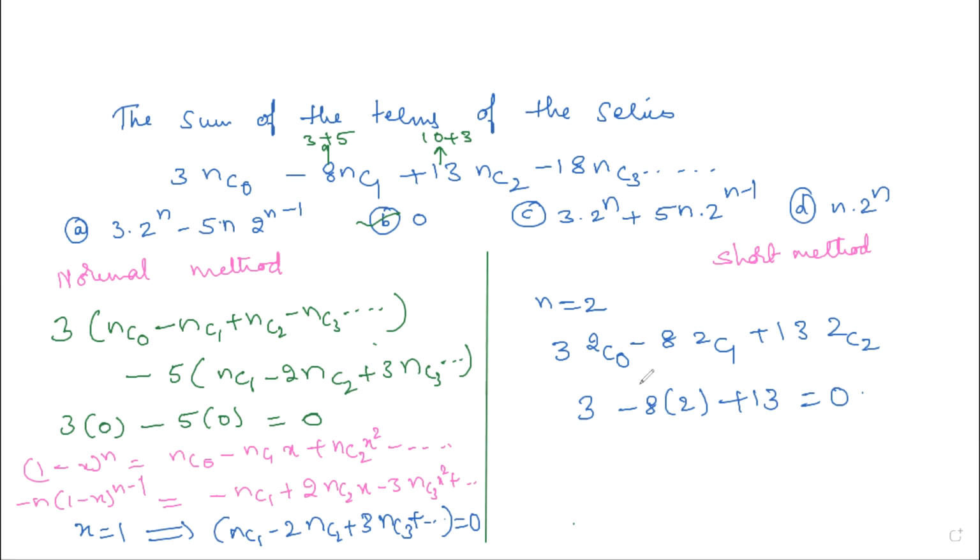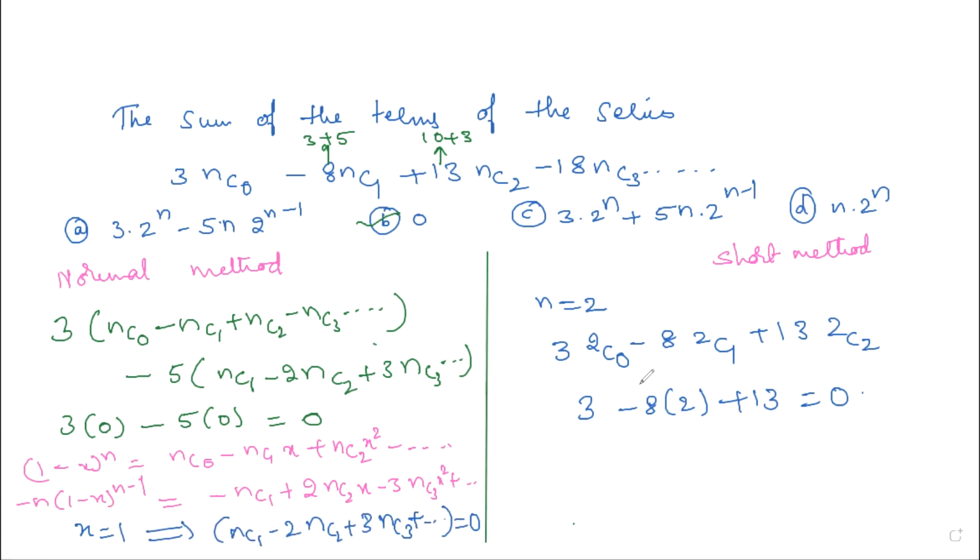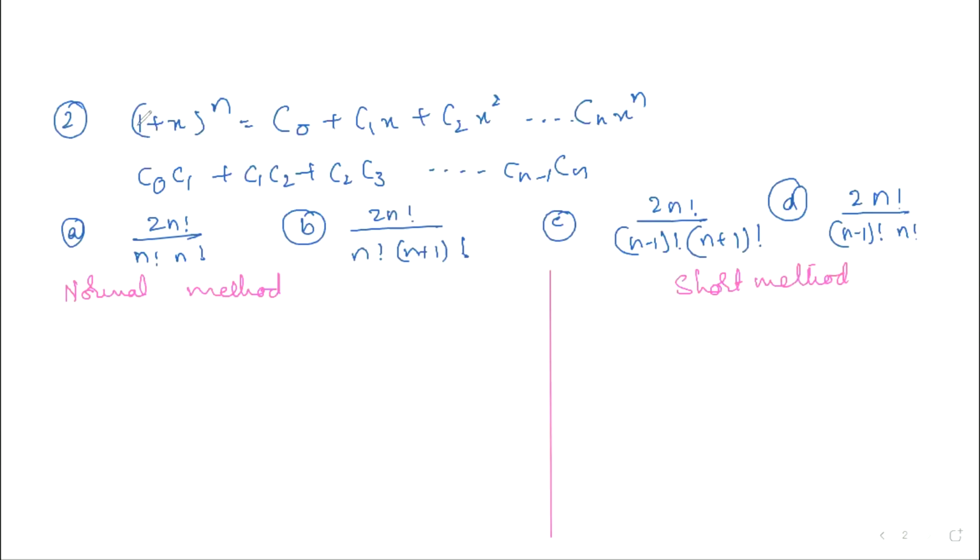So this way, if you check all the options, you'll be able to figure out if it is a multi-correct question also. Directly, when we are able to evaluate it as 0 and that option is visible, in order to check whether the other options also satisfy, we can plug in n as 2. Here is another example. 1 plus